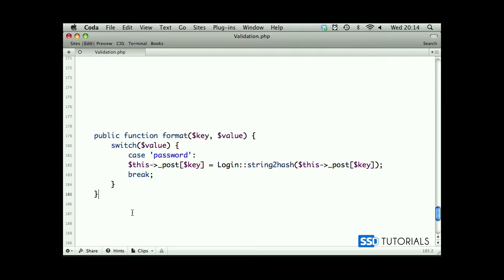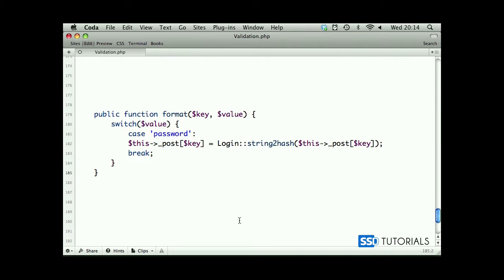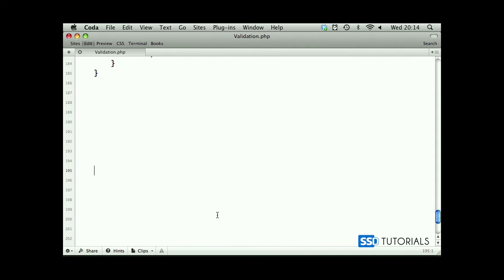Let's have a look at the next method, which is called validate. So if we scroll right to the bottom, right after our format method, a few new lines again, we scroll up a little bit, and we start with public function called validate. This one will take just one parameter, which is a key. First we are checking if isn't empty this errors, sorry, underscore errors,